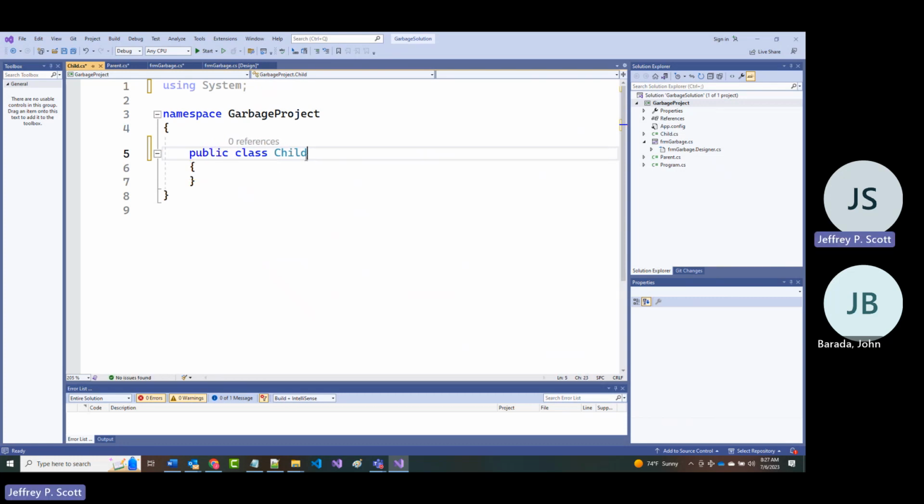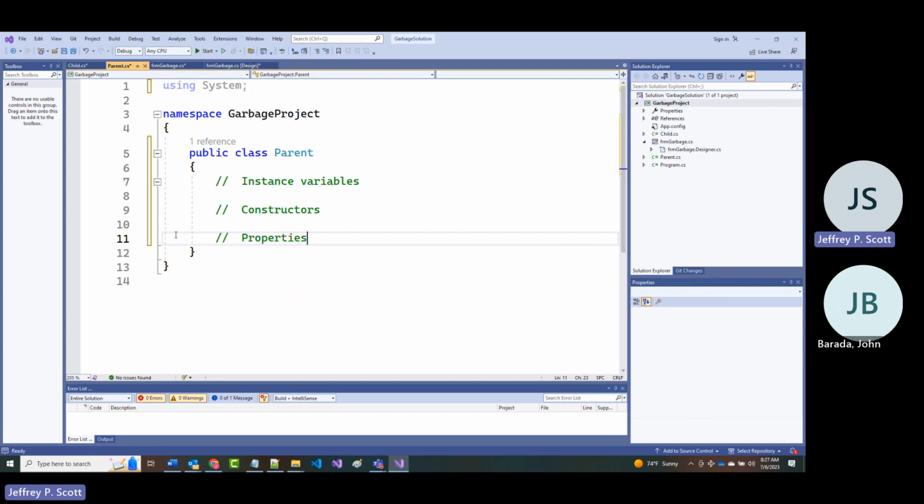But what I'm going to add in here is colon space parent. Now I've literally created a child class called child. So anything that was declared inside of the parent is now available to the child.